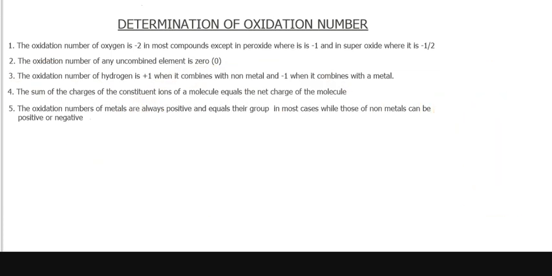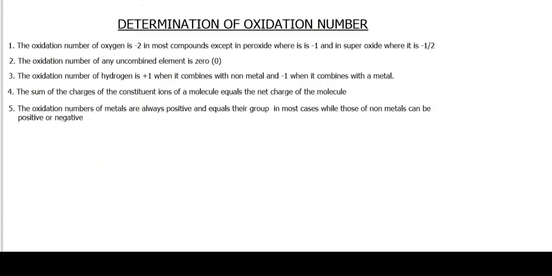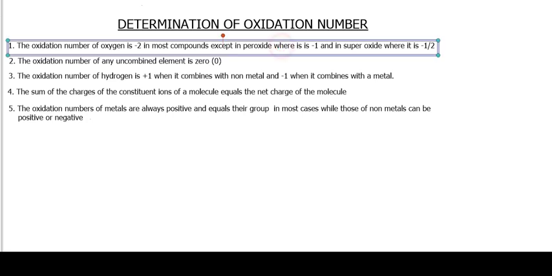The oxidation number of an element can be determined with one of the rules here. But first of all, what is oxidation number? The oxidation number of an element in a compound is simply the charge the element carries or bears in a molecule of the compound. Now, to determine that, one should know that the oxidation number of oxygen is